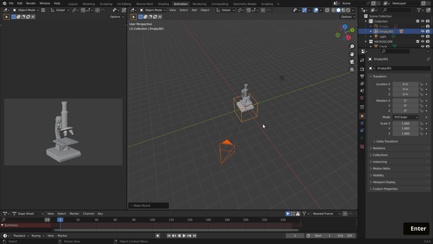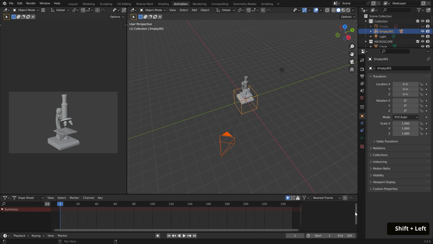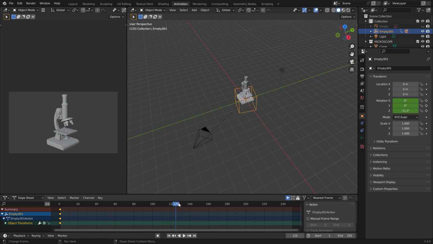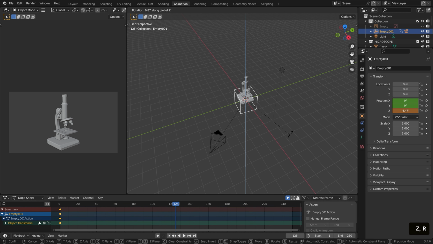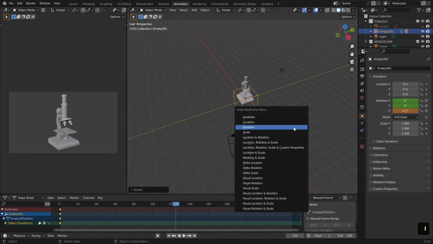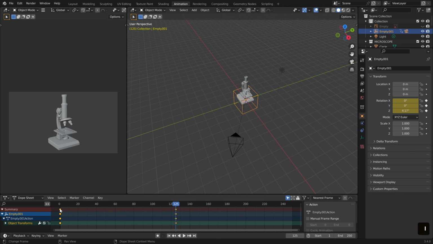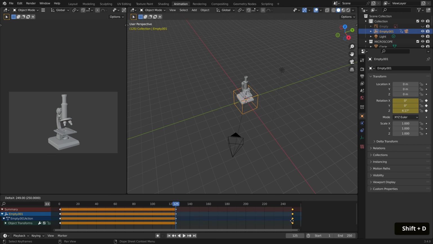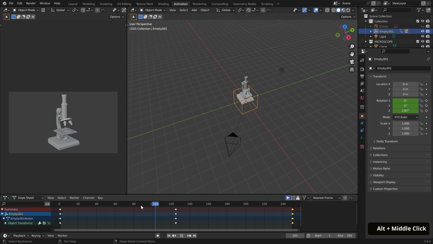Now go to frame 1, and you can do that quickly by hovering over the timeline and hitting Shift-left arrow. Rotate the empty along the Z to a good starting angle, and hit I to keyframe the rotation. Then go to frame 125, rotate it to the right slightly, and hit I to keyframe that rotation. Select the keyframes at frame 1, duplicate them with Shift-D, and place them at frame 250. And now we have a repeating side-to-side motion. Feel free to adjust the camera to your liking and adjust the number of frames. However, for this tutorial, I'll just be keeping it at 250.